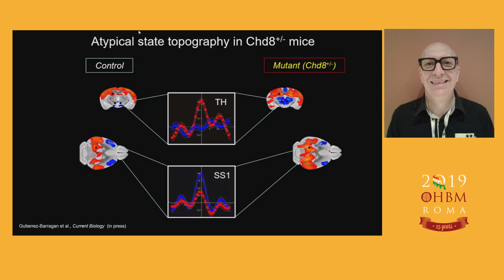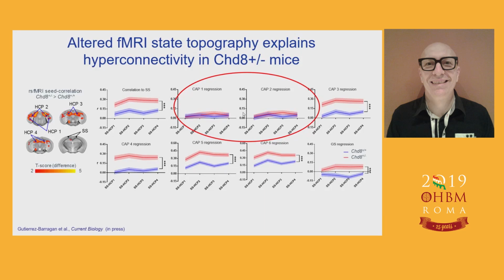And what we found here is that we have atypical state topography. What does this mean? This means that these states that are recurring, that are very reproducible in control mice, in mutants, which is here the red up and down you can see here, they have non-canonical patterns of coactivation. It means that in certain specific areas, not throughout the brain, these dynamics are disrupted, right? And so here we have one way to pinpoint where these regions are actually anatomically, and as mentioned, this is not a global effect, this is regional.